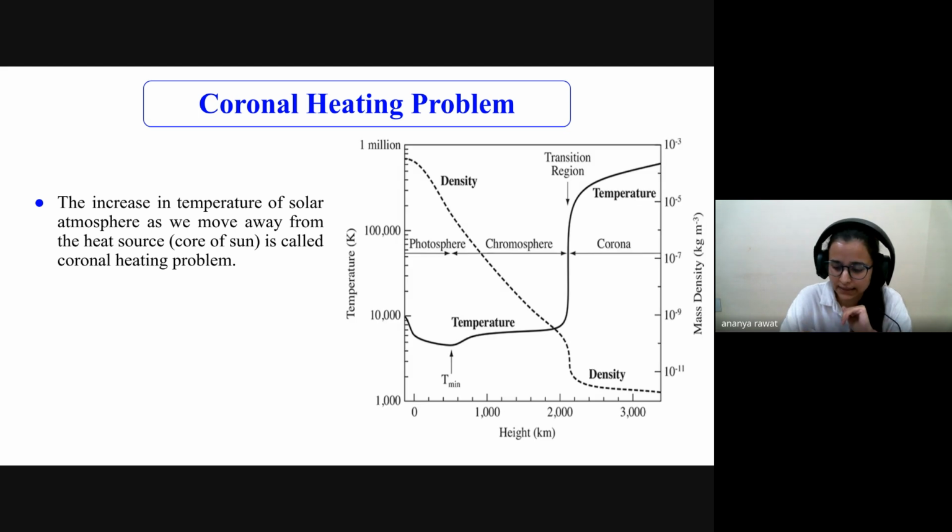Now, when we see this plot in which we can see the temperature variation along the solar atmosphere, we see that